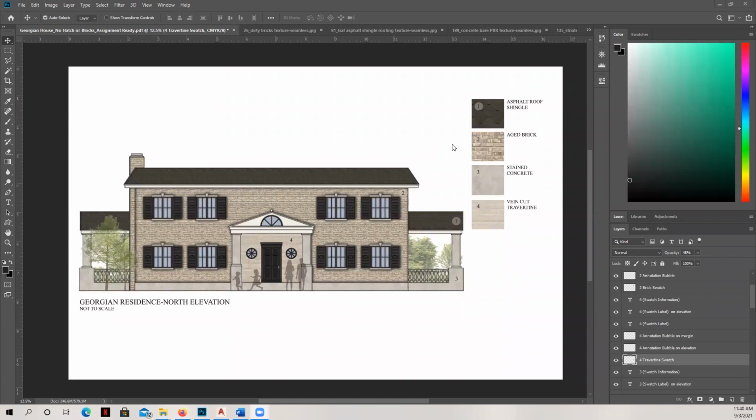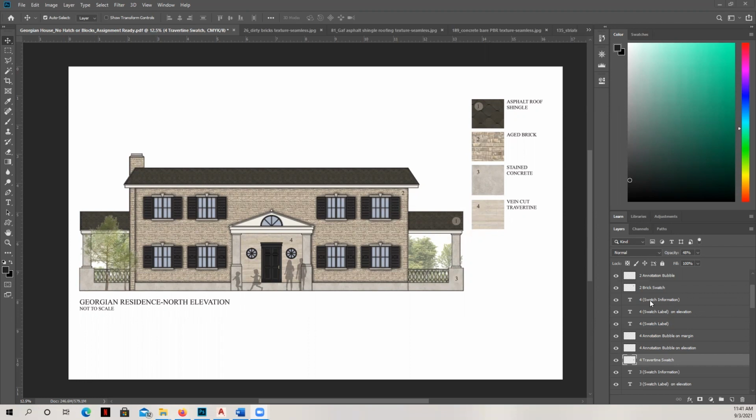So now that I have a couple of these labels and swatches created over here, I'd like to teach you a helpful tip to keep all of these organized. It can be very cumbersome to deal with all of these layers. So once you have one that you've created correctly, and I've created several, I want you to look at my labels on my layers. You can see for each one of these swatches, there are 5 components.